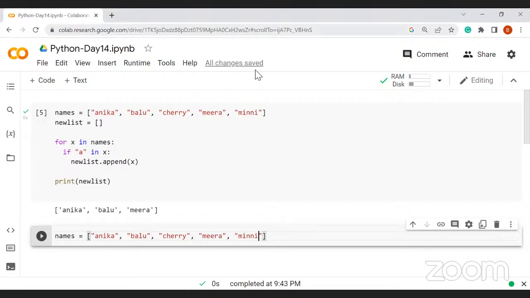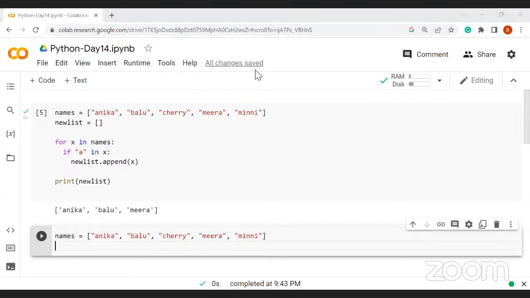First, what we did is for X in names, if A in X, then I'm creating a new list and I'm appending my X. And what will that be? These are the objects which have a character A in them. So that is what it is printing. It is trying to append those values into my new list. Correct? So now